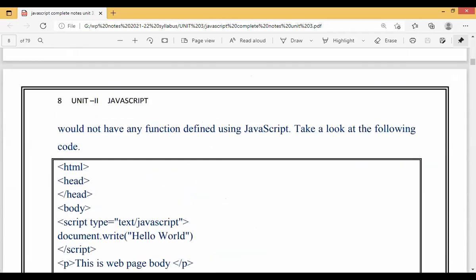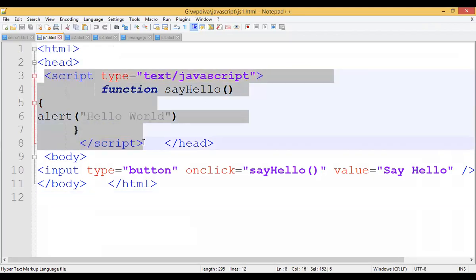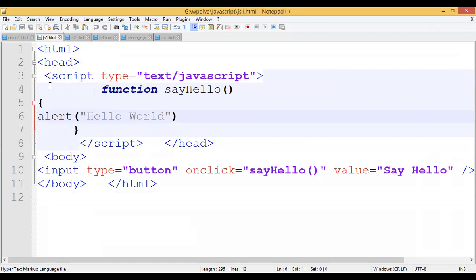All right, so we'll move to the notepad, and there we already saw, students, how to write the code within the header tag. We saw this program, js1.html. This is the first way of placing your JS file. I'm going to write a script tag within the header tag, and then inside the script tag you can include the code that you want to run.